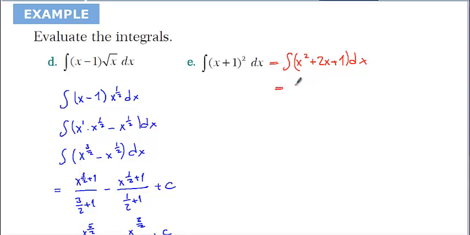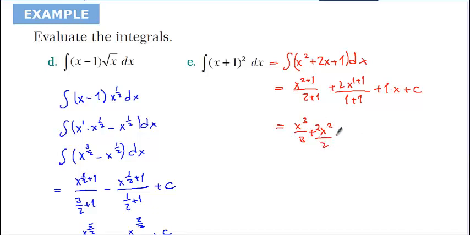So I can integrate all these terms: x to the power of 2 plus 1 over 2 plus 1, plus 2 times x to the power of 1 plus 1 over 1 plus 1. And when we have 1, we are going to write directly near that 1, x plus c it's going to be. So x to the power of 3 over 3 plus 2 times x to the power of 2 over 2 plus x plus c it must be,